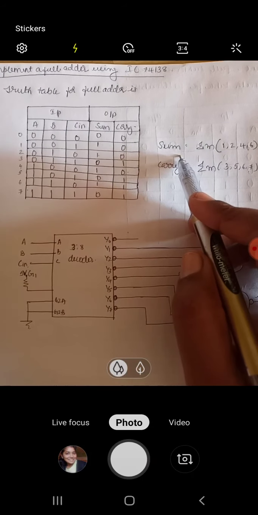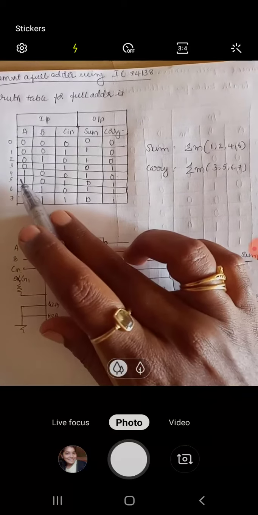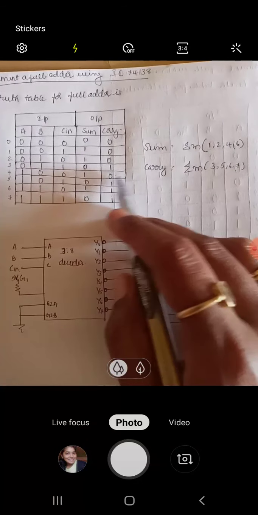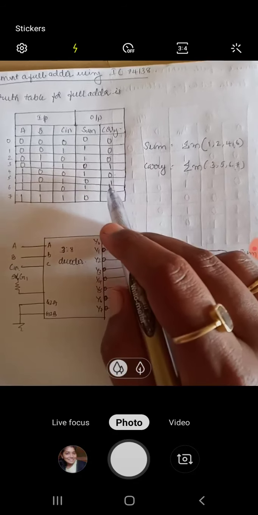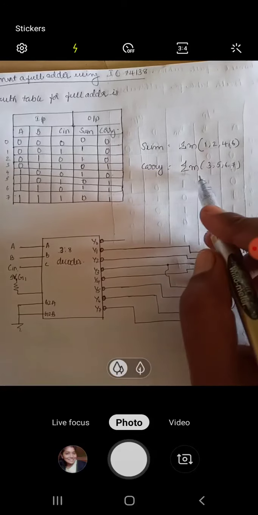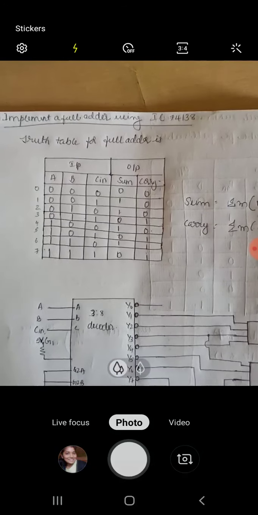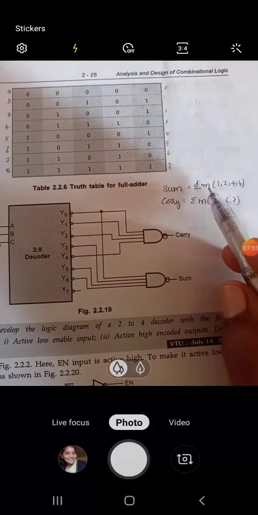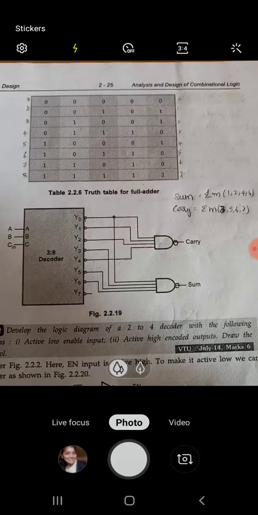Again if you look into the sum, you get summation M of 1, 2, 4 and 6. Carry is summation M of 3, 5, 6 and 7. So when you use the decoder, you have it like this. 1, 2, 4, 6, so the sum is